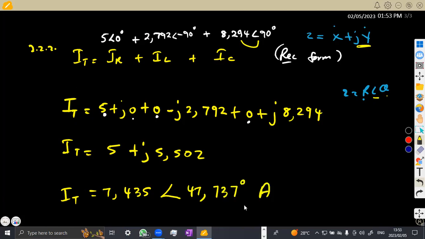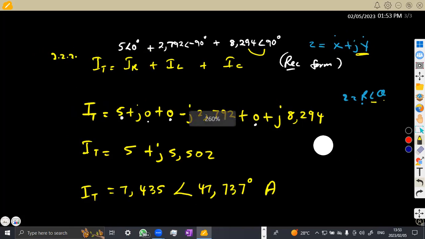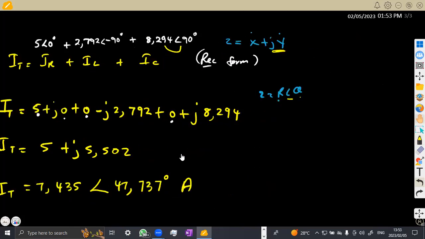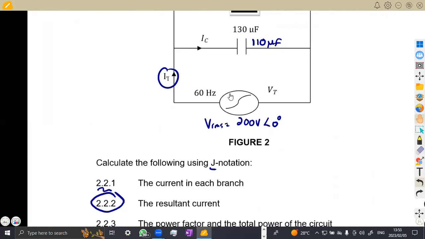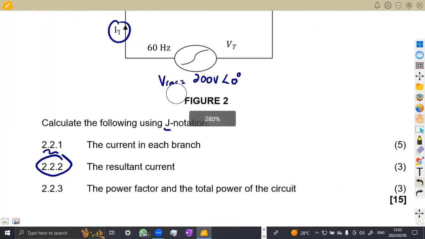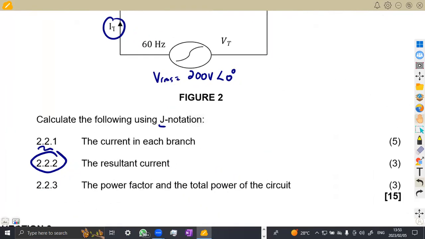Okay, so that's your total current in polar form. If you want to leave your answer in polar form like this, that is what you're going to have at the end. All right, guys, as you can see, it's pretty interesting. Typical questions are very, very interesting. Then on the last part, which is